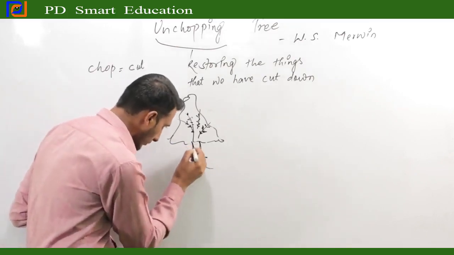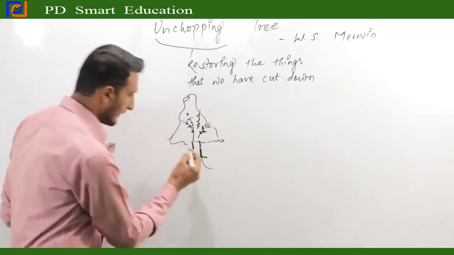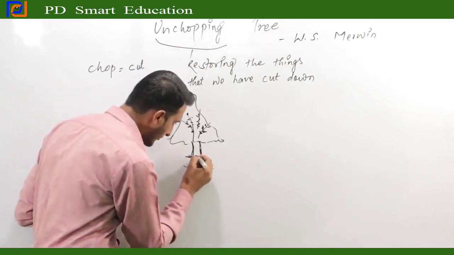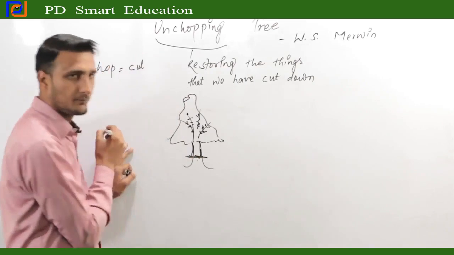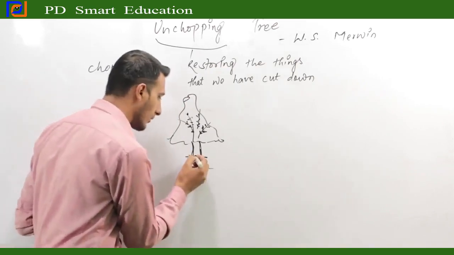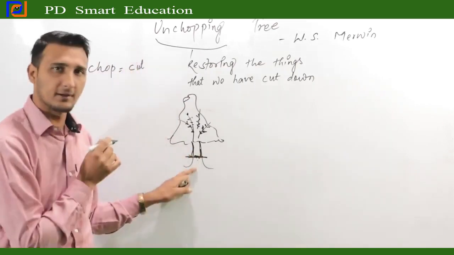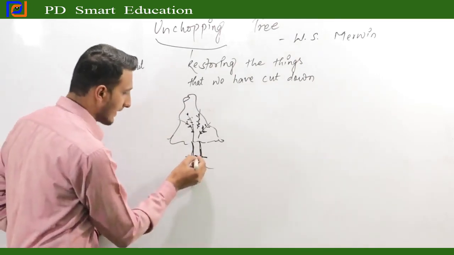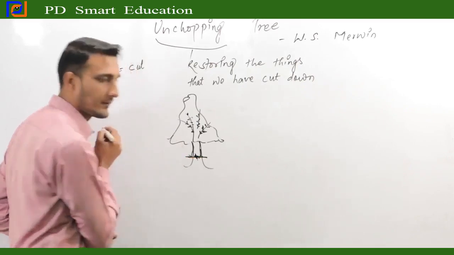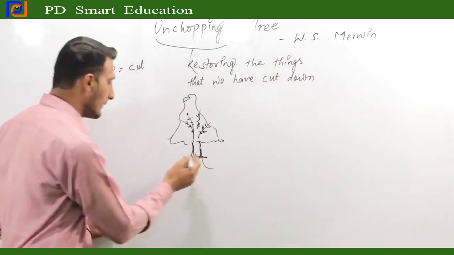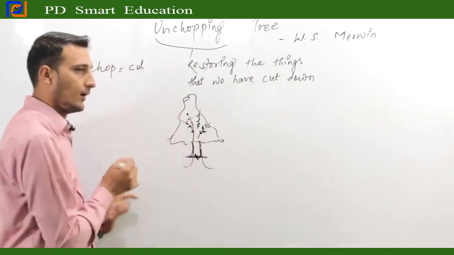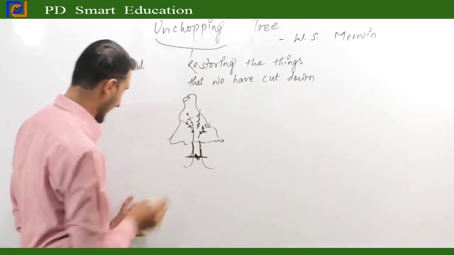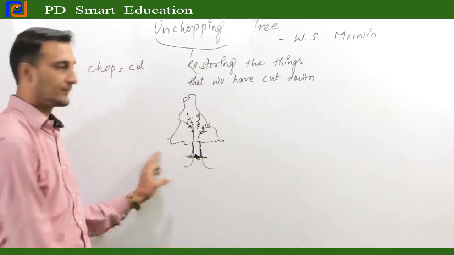So while connecting it also, we have to be careful. The small cells of the trees should be restored. They should be back into their own original place, because of which there can be easy access for new life for the trees. If all the cells or if all the small things are not connected properly, then this tree